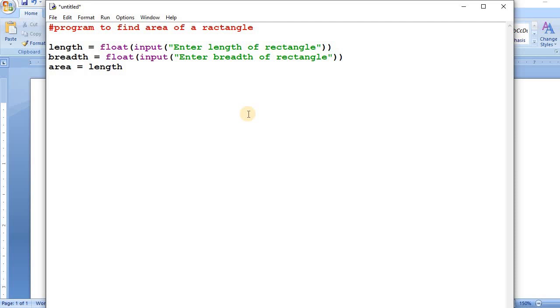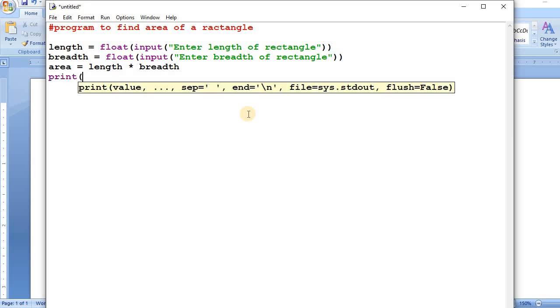L-E-N-G-T-H, length into breadth. For multiplication we have to use the asterisk sign. So to multiply you have to use the asterisk symbol, so that will multiply the values of these two variables, and then use the print function to print the value of the variable area.